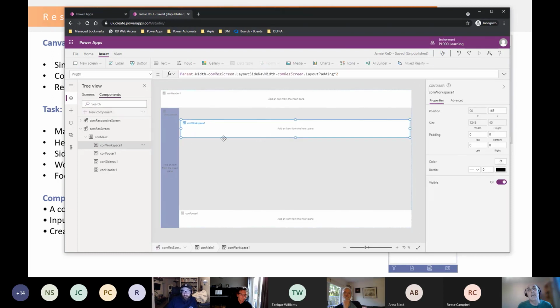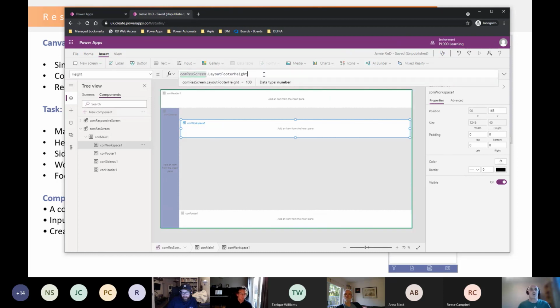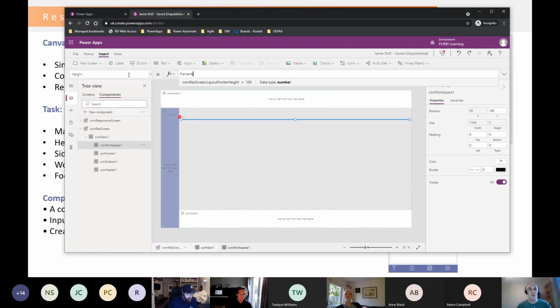What I want to do now is I want to set the height of this workspace. What I'm going to do is I'm going to set it to the full height of the screen and take away from that. So not the full height of the screen, the full height of its parent, which is main. So I'm going to set it to parent.height, and that gives us quite a big workspace, but not to worry